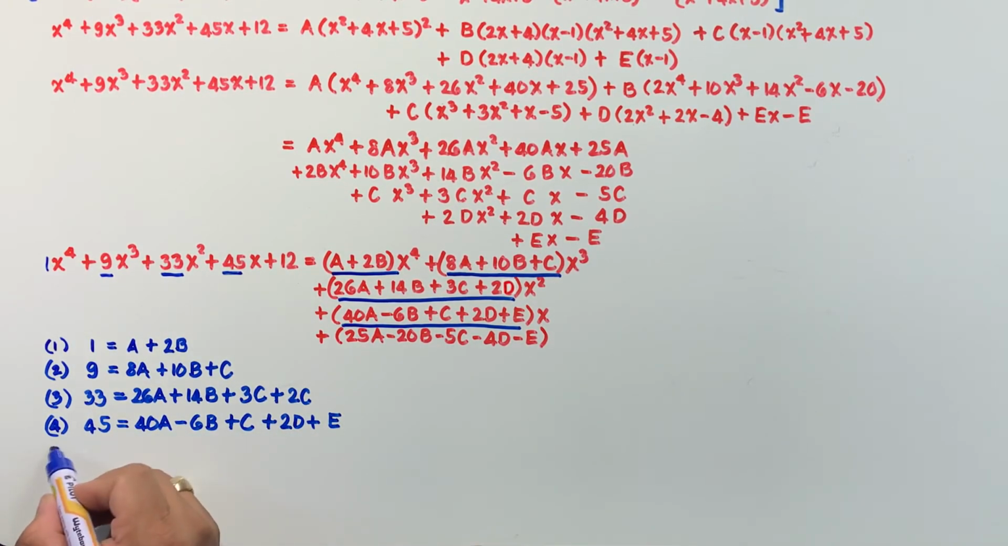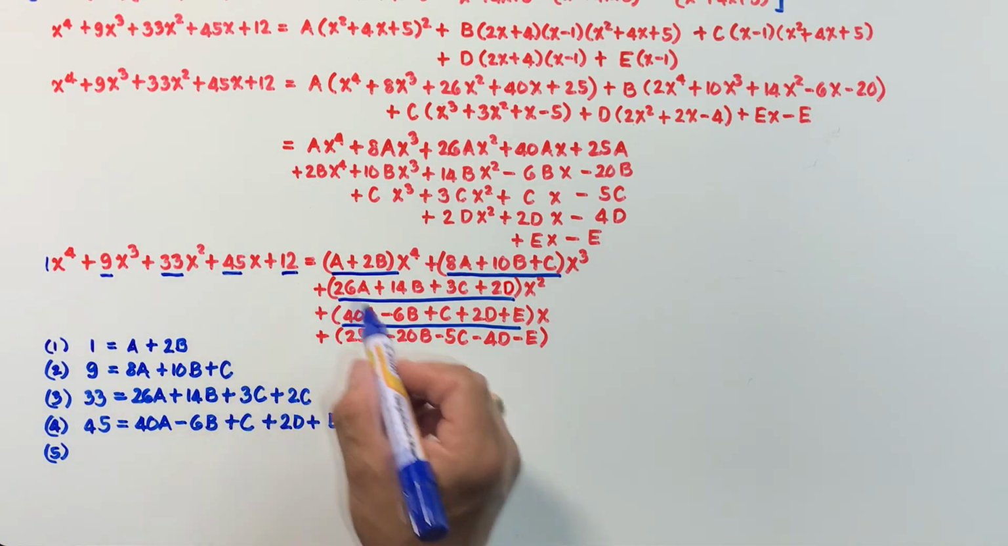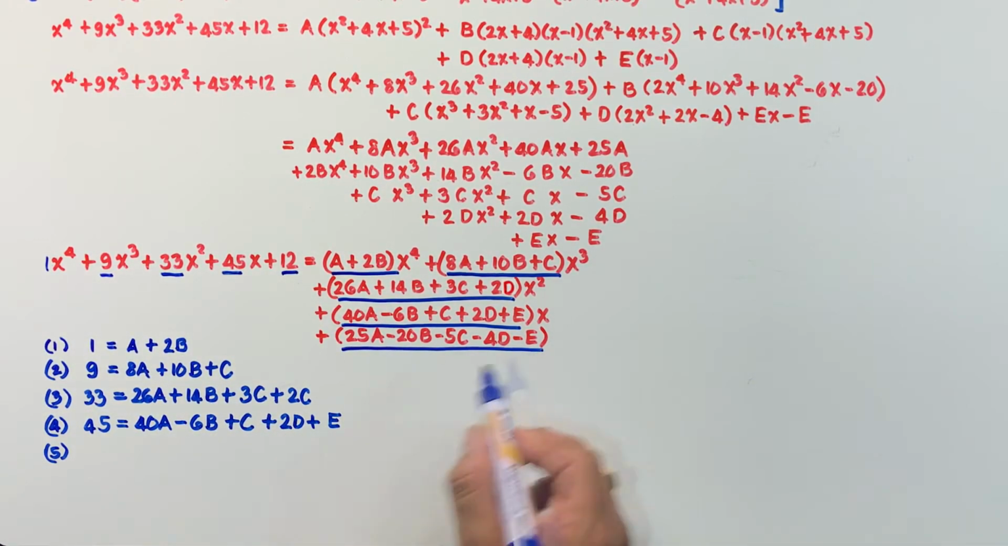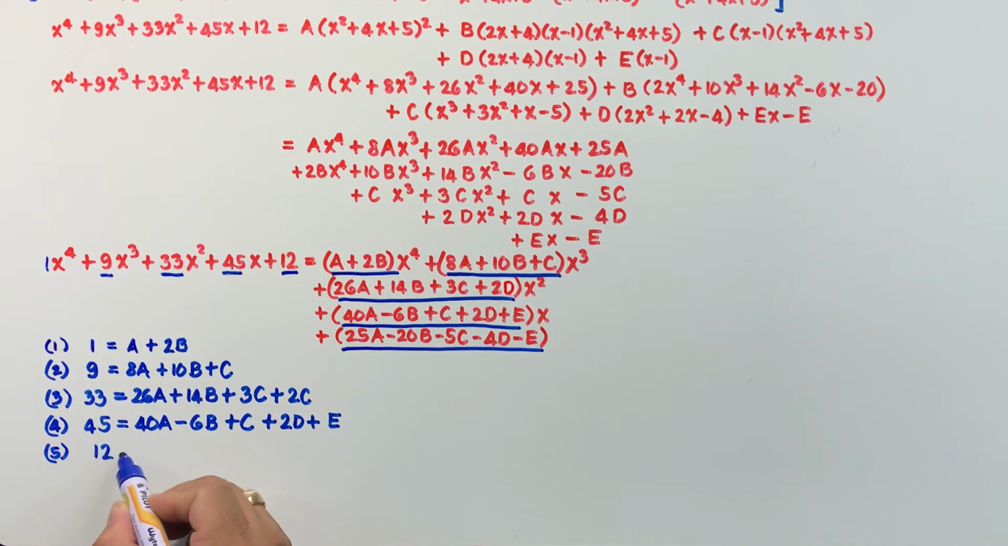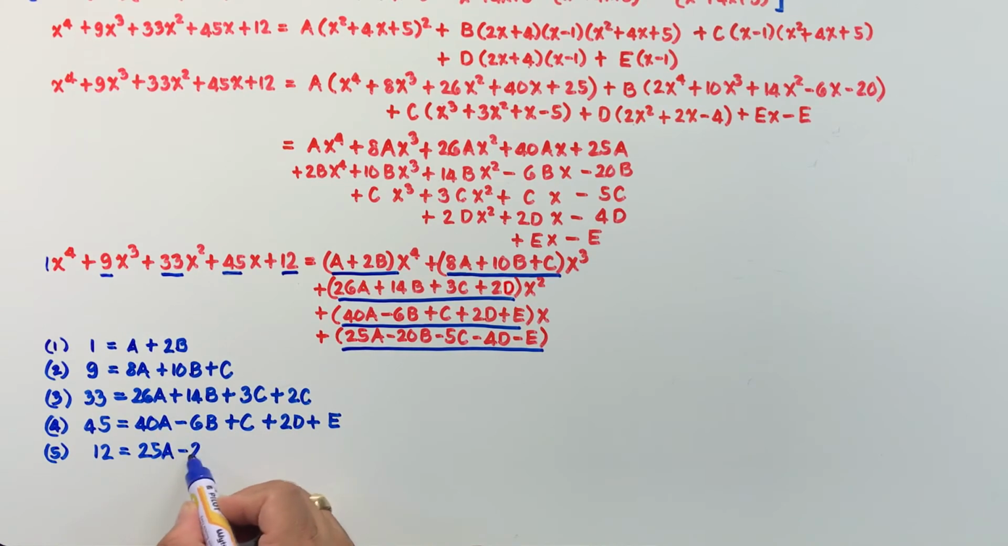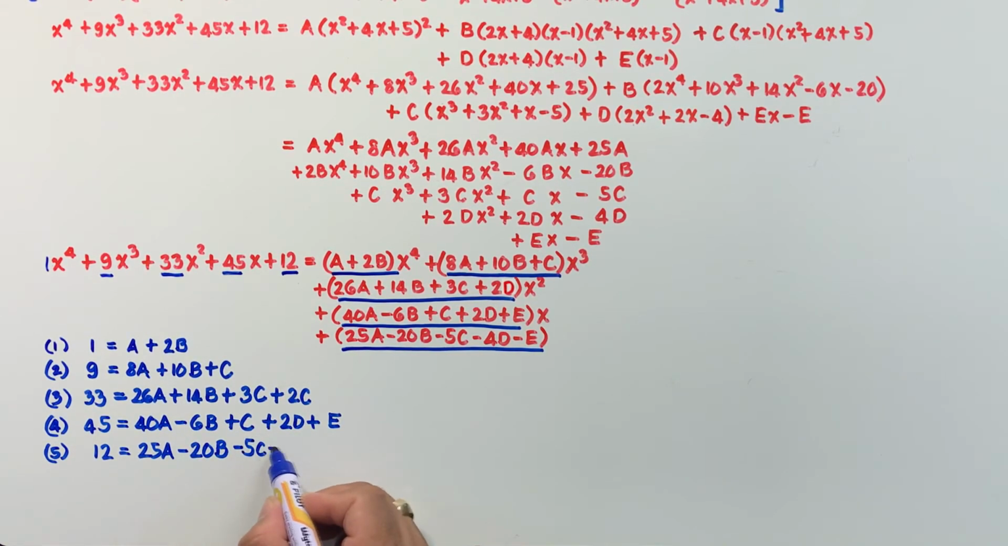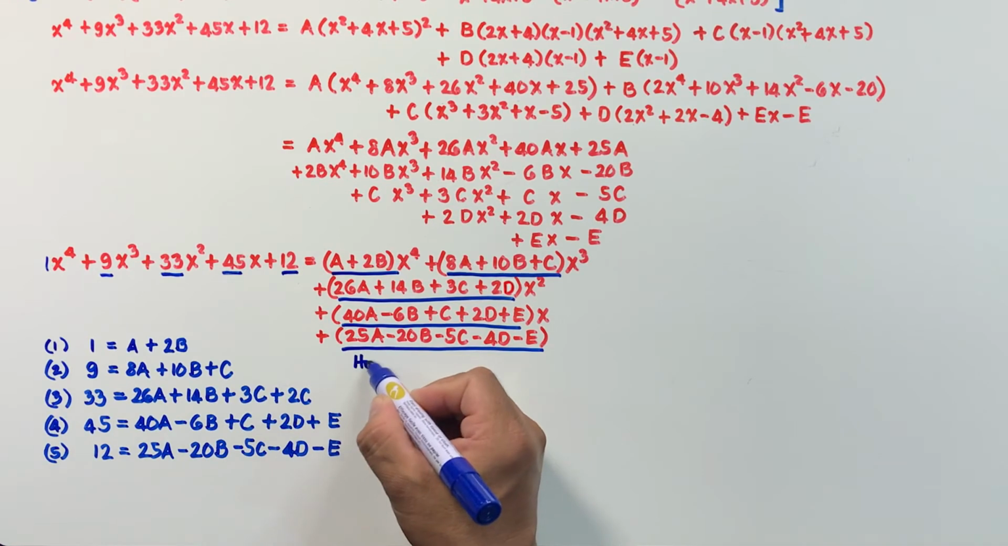And lastly, the constants from both sides of the equation are also equal. So 12 should be equal to this one here. So 12 is equal to 25a minus 20b minus 5c minus 4d minus e. However,